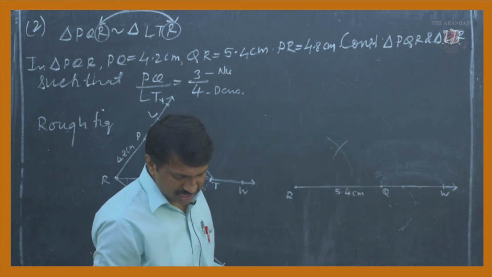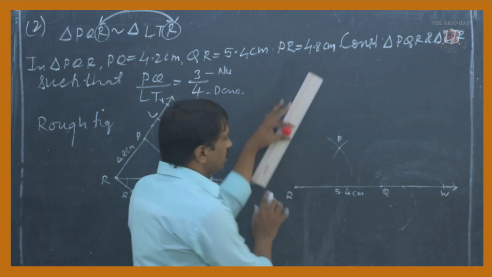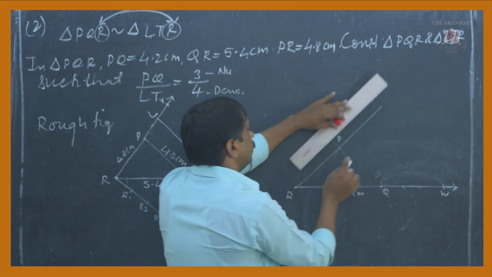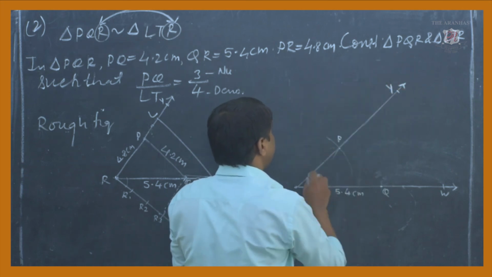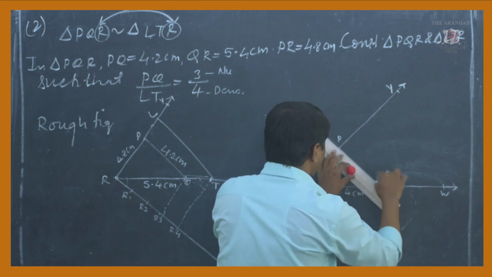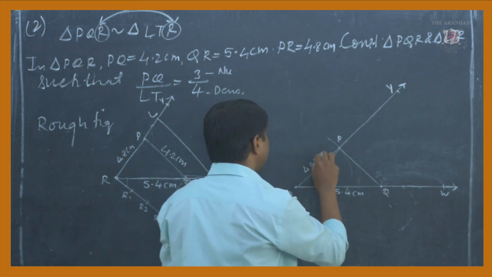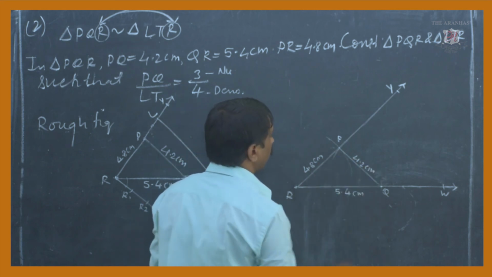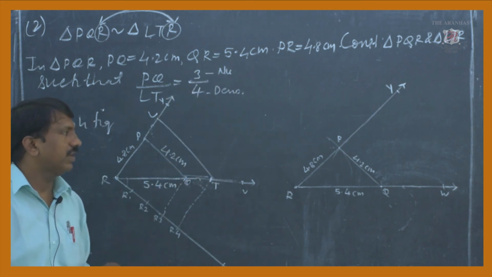To construct the triangle, everybody knows, this is the vertex P, and now you can join them with proper rays. We have to extend, so show the ray also here, and on it just take a Y point. Here also you can join them and also write the measurement. So PR is 4.8 centimeter, PQ is 4.2 centimeter. So the required triangle is constructed on extended rays, because we are going to require them for the construction.